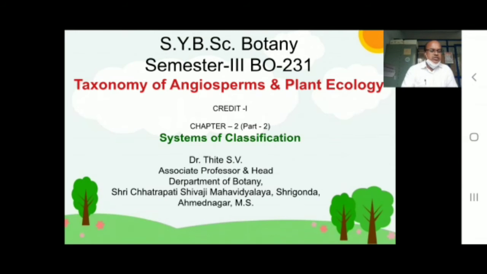Fourth one is that angiosperms have phylogenetic origin from an unknown hypothetical taxon of extinct gymnosperms. And the last limitation is that the acceptance of the derivation of diclamydous flowers from monoclamydous ones is objectionable. So this is the third system of classification. Then after that there is the fourth system, which is included this year in the new syllabus, that is the APG system